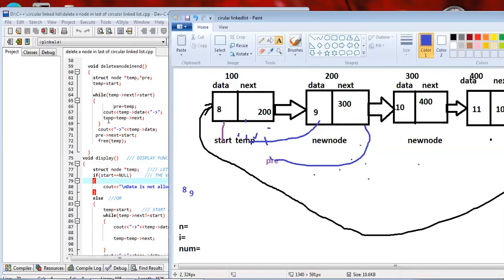And temp equal to temp next, meaning temp points to this node, this block contains the address of the next node, this link is removed and temp points to this node.